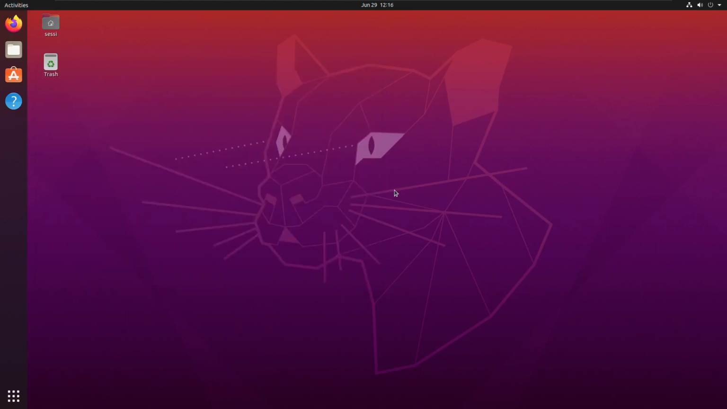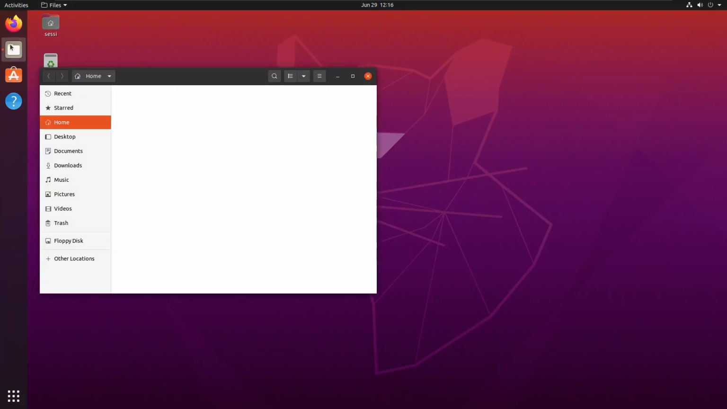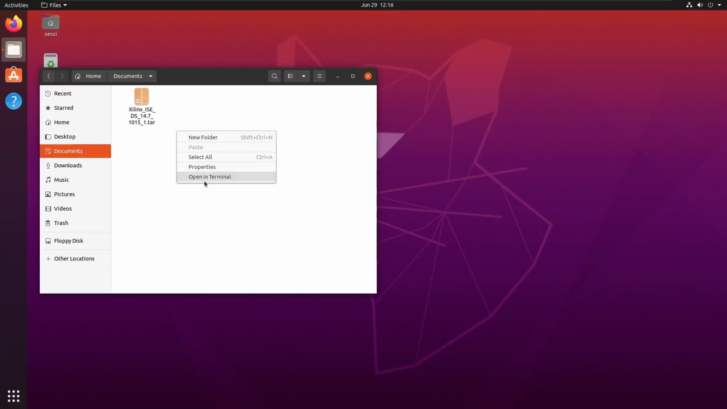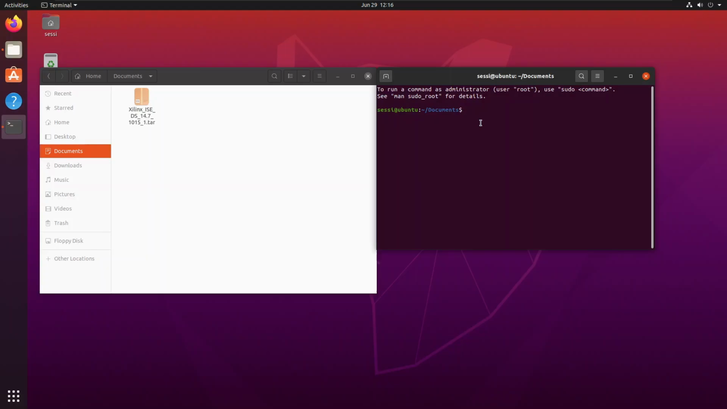Okay, so we are done copying the files into our virtual machine. In this case, I have Ubuntu installed, and so I'm going to open the file manager. I did copy it into the documents folder. Then here you right click and you click on Open a Terminal. Then you're going to type out